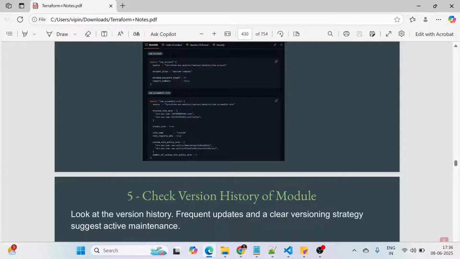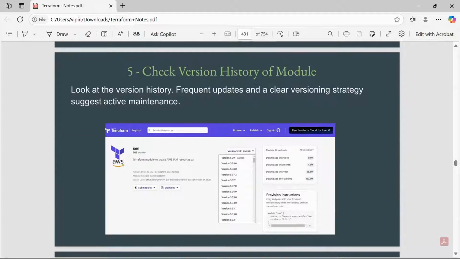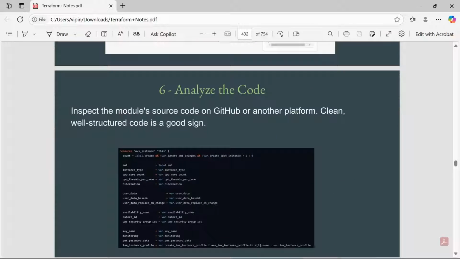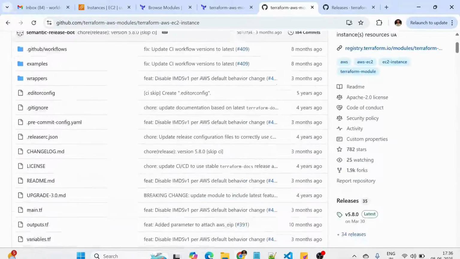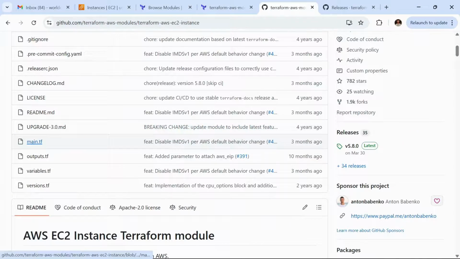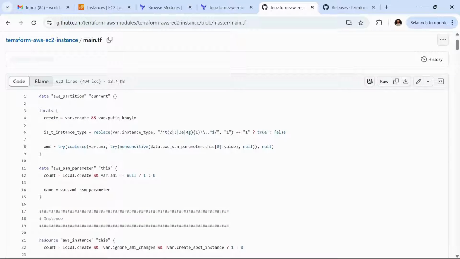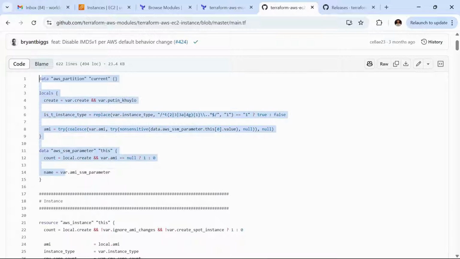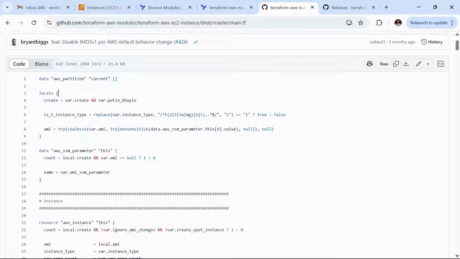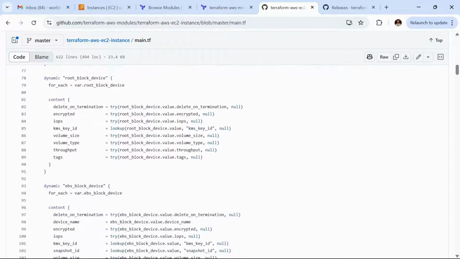Okay, so let's go back and see other points as well. Analyze the code: inspect the module source code on GitHub or another platform. Clean, well-structured code is a good sign. If you go here and open the main.tf, as you can see, the code looks pretty good.